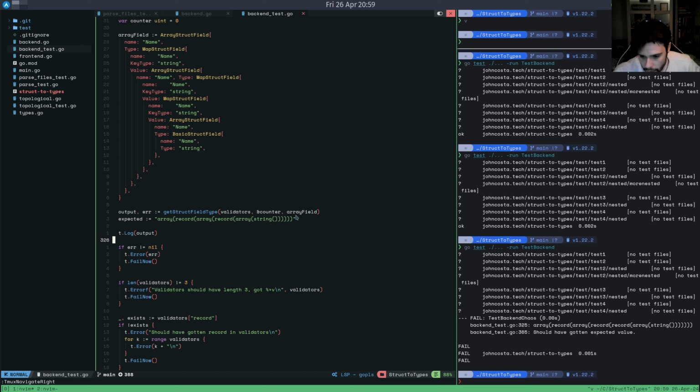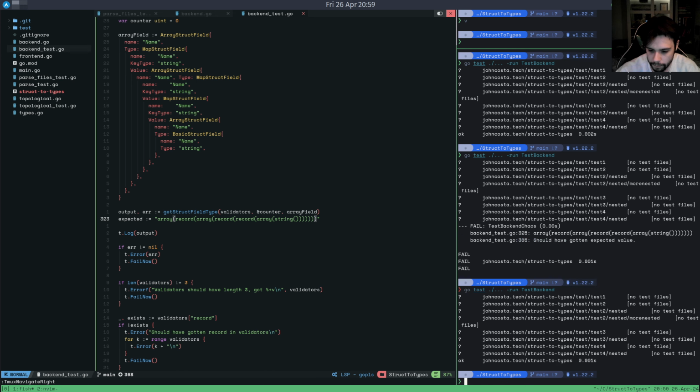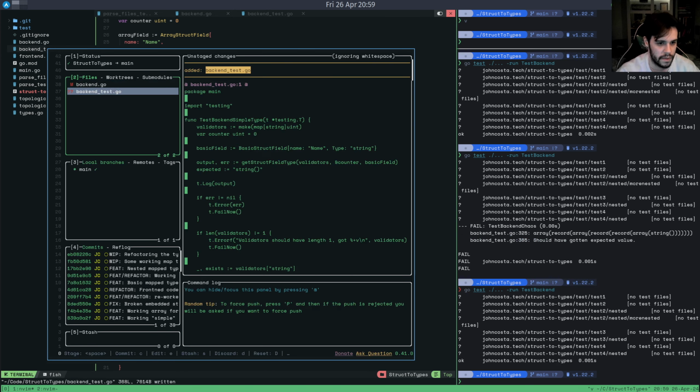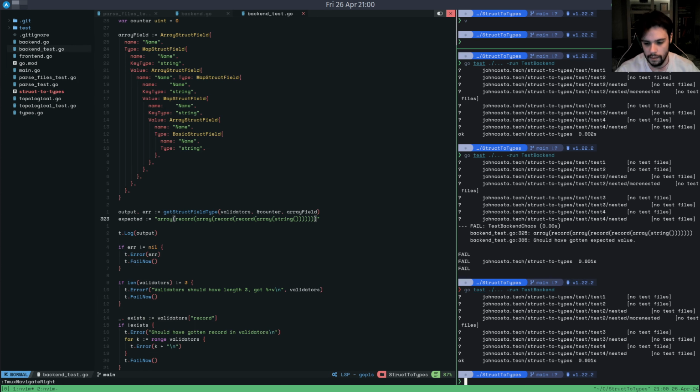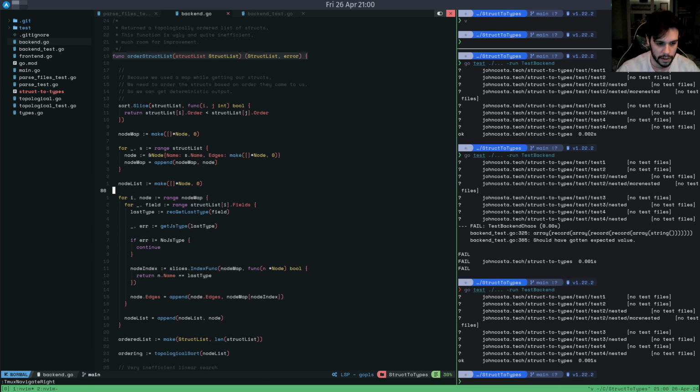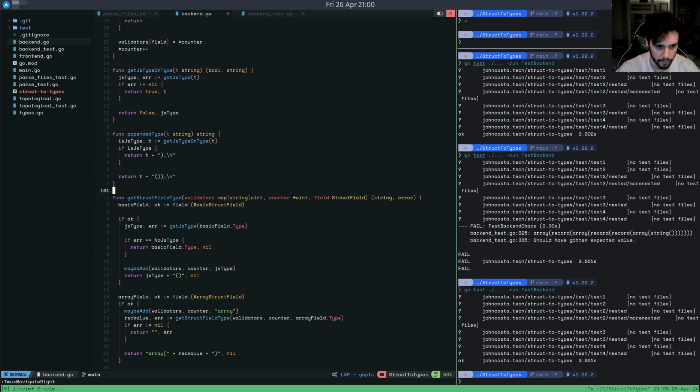Nearly. So what do we have? We have array, record, array, record, record, record. Did it add one? Did not. Nice, cool. So we're pretty much generating recursive backend types. Really nice. And you can picture a world where this function